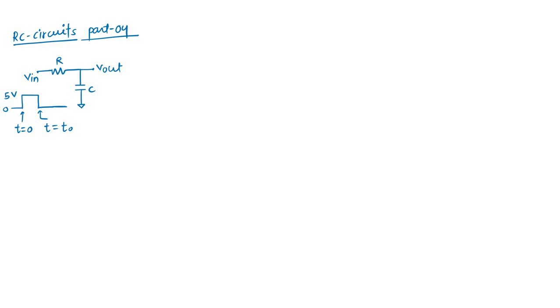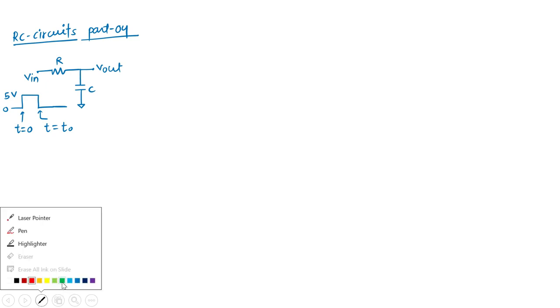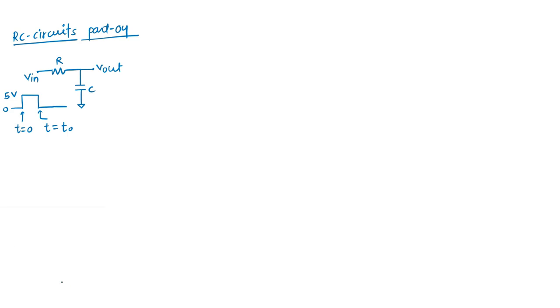Hello friends. Till the previous video we have discussed this RC circuit with the input excitation of type step, where we applied a step of 0 to 5 volt. After that I applied some higher voltage steps of 8 volt and 10 volt. Then we analyzed the initial slope and exactly how the slope of the capacitor voltage is changing. Accordingly we have drawn this